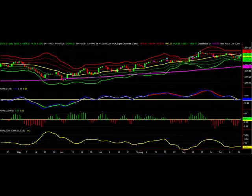Here we have the daily chart for SPX. We have a big update today, 14.79 handles or 1% for the day. We broke 0 sigma to the upside and did not look back. We also closed at the highs of the day, which was very positive here for the market at 1454, 1455,